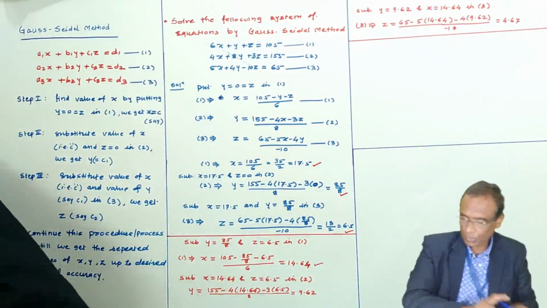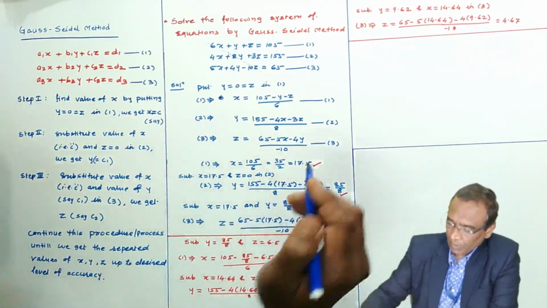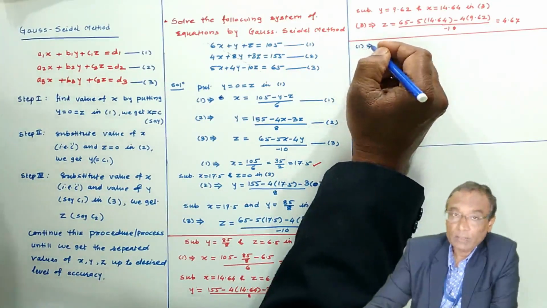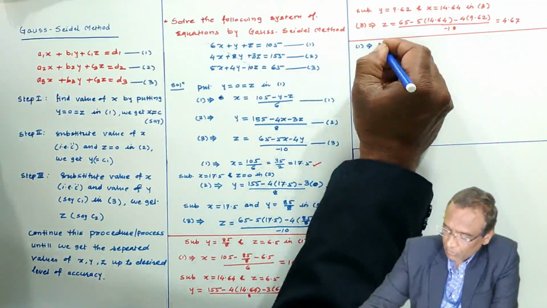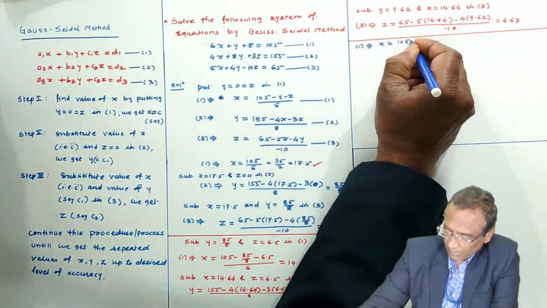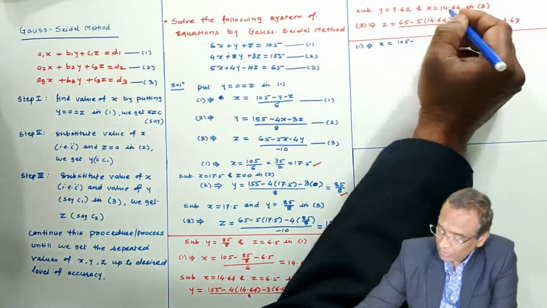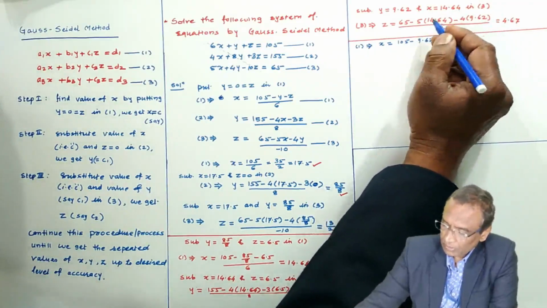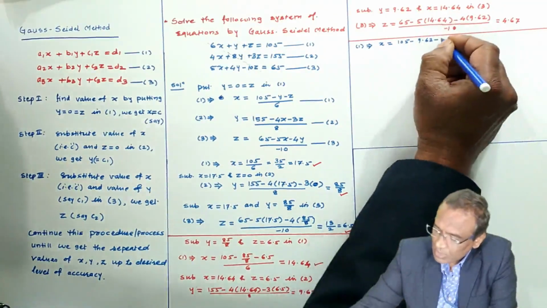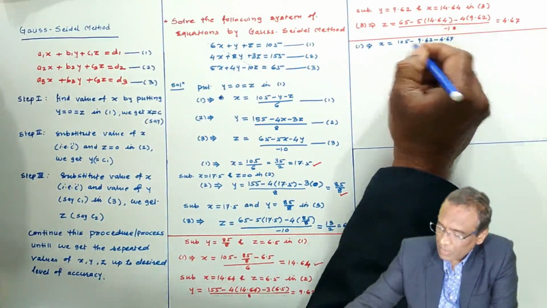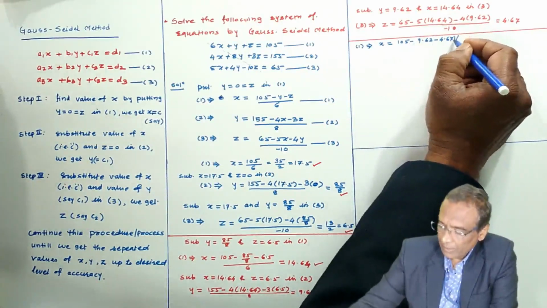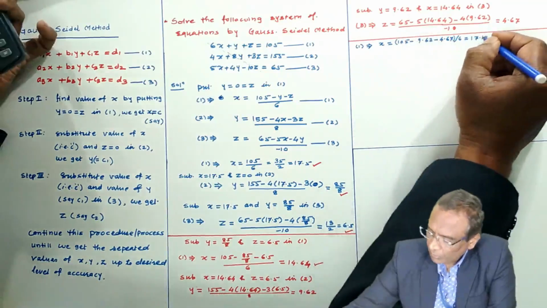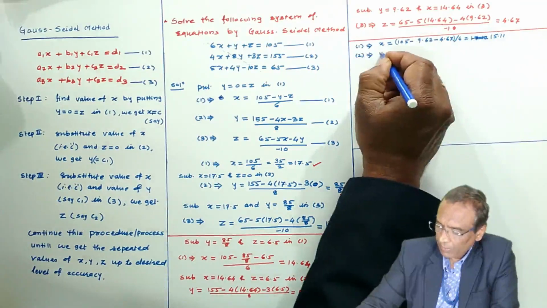Now, I am skipping some steps. Now substitute latest values of y and z in equation 1. x equal to 105 minus latest value of y, 9.62, latest value of z, 4.67. This divided by, I am making a bracket here like this, and this divided by 6 is equal to 15.11.